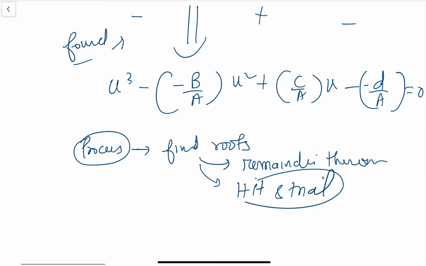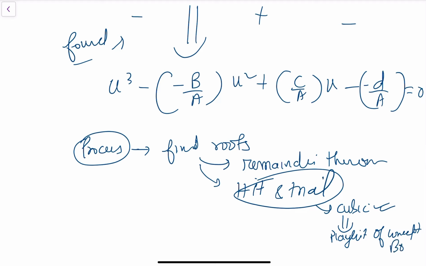The hit and trial method to solve cubic equations is already there on the channel in the playlist of concept box. So watch this video on hit and trial to solve a cubic equation. You can go through it. In simpler words, one root will be seen by you. Take that common, you get a quadratic, and solve the quadratic, you get the other two roots. The video is there, that's why I'm not explaining it here. Watch it and you will be clear on how to factorize the cubic equation.